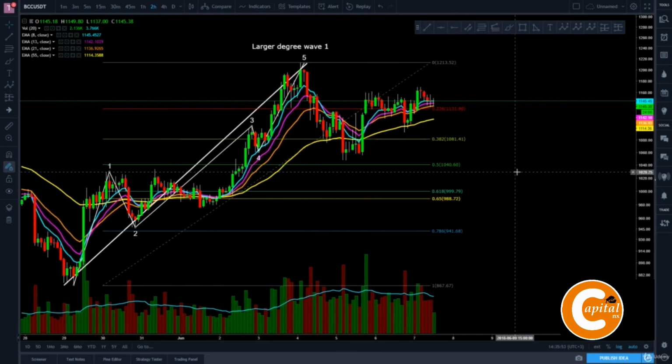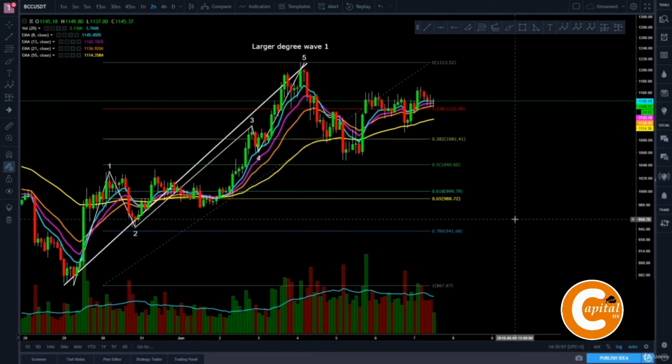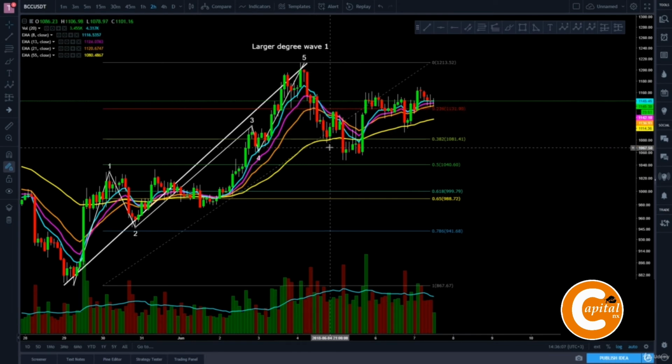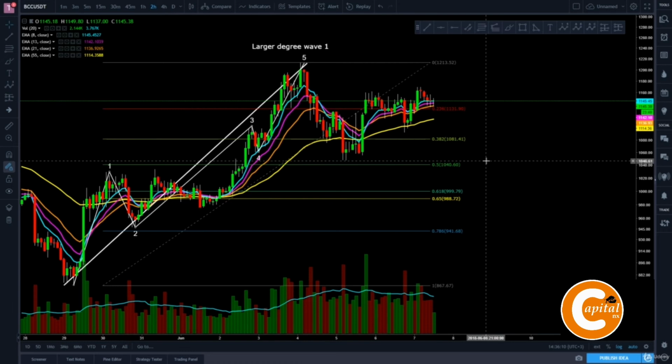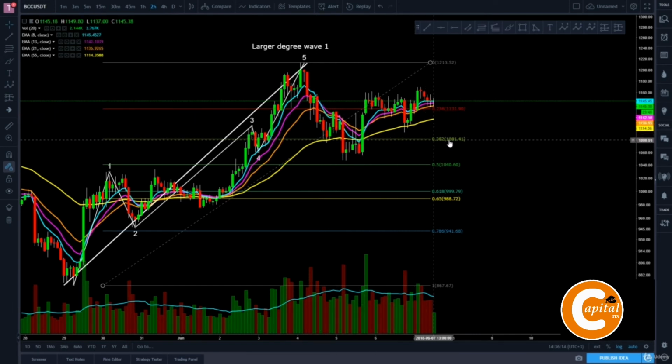So let's get back to our chart right here, and as you can see, there is some fighting here between the bulls and the bears at this 0.236 fib level, where we see this pair of hammers, but the bulls eventually lost, and we are heading to the next fib level, which is the 0.382, where we have a little bounce because we found support from the 0.382 fib level and the 55 moving average, but we found resistance from